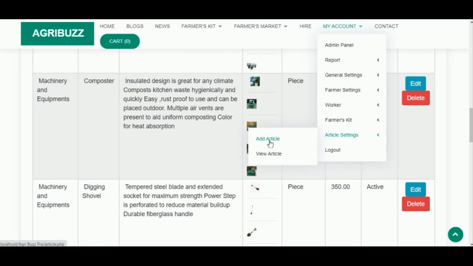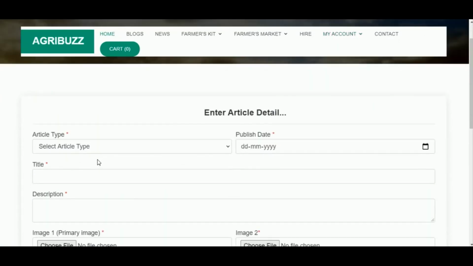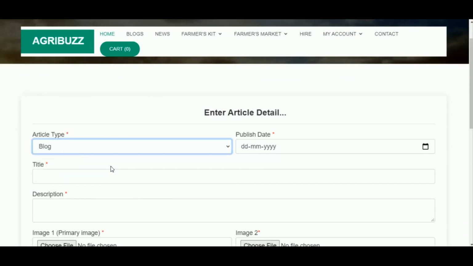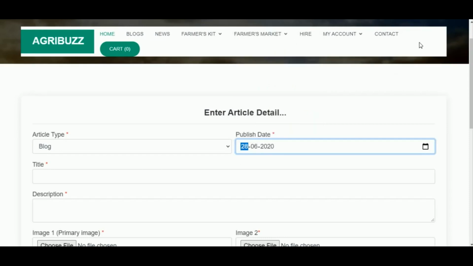Under Article Settings, admin can add the articles which can be blogs or news. That is by selecting the article type, publish date, title, description and the images.